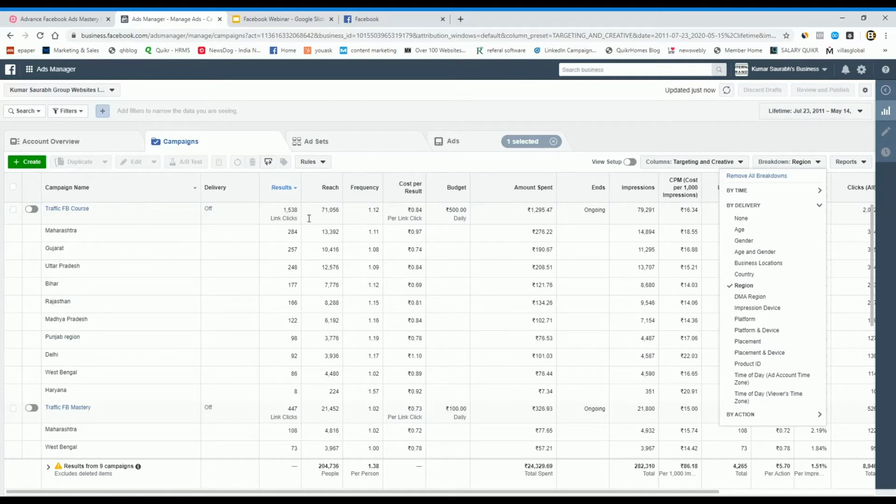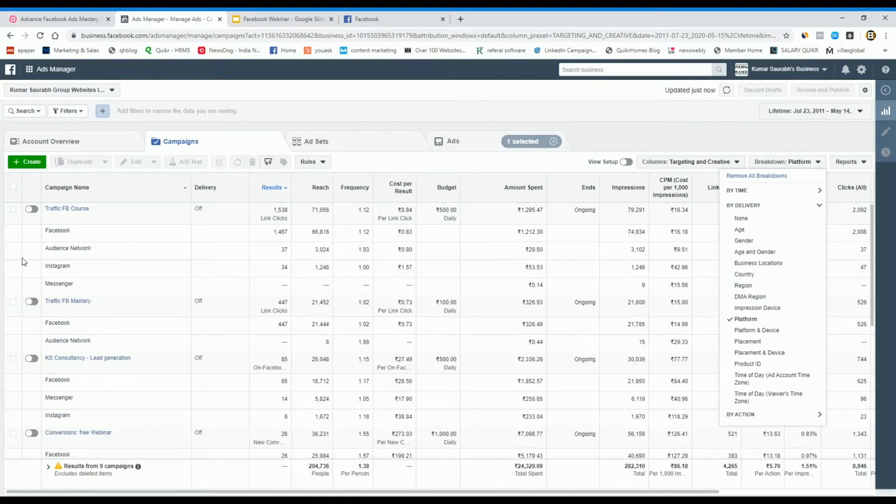So you can check each and everything from Facebook ad manager, okay. By ad metrics you can check which platform people used more to watch this Facebook ad. So again you can edit and you can customize as per your result, right?